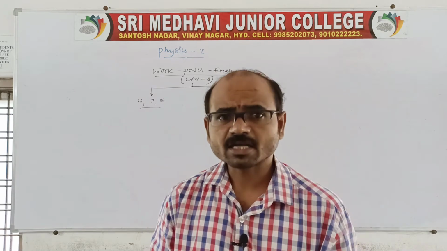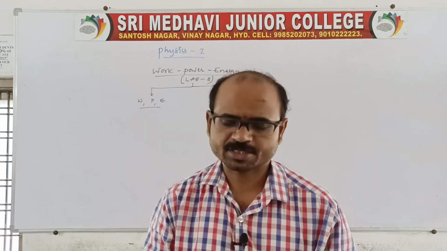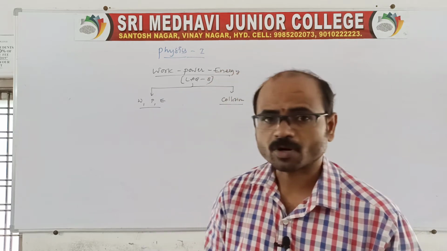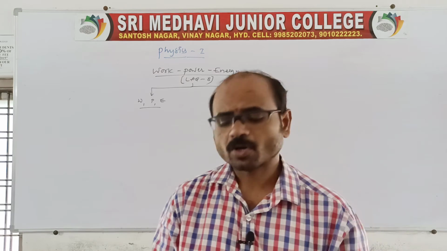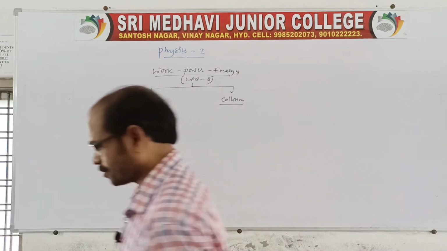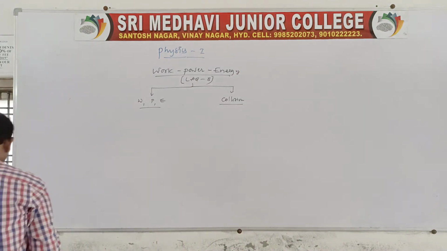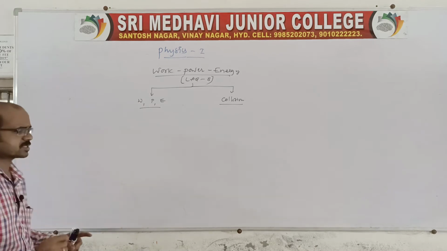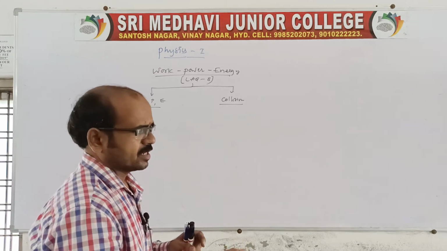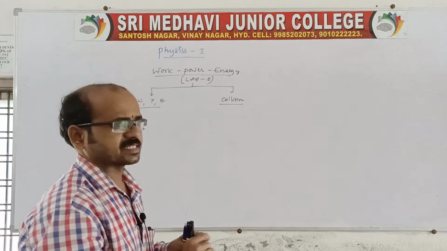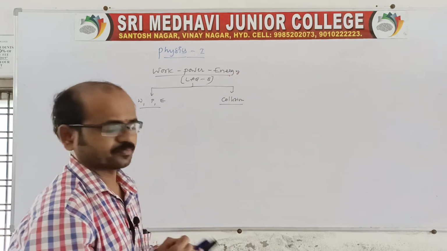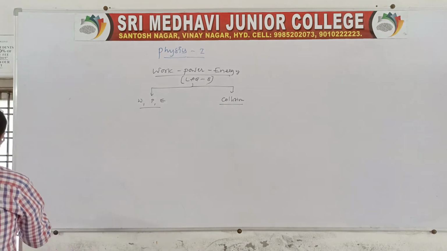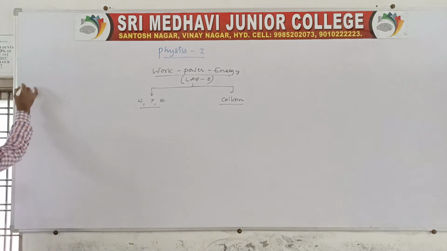Now let us see the other one. Sir, what about products? Of course, there are 2 products, which we can say product of vectors. In work, power, energy, we will discuss only one product, and the other product we will discuss in the next chapter. See, there are two types of products, that I will tell you. First, product of vectors.